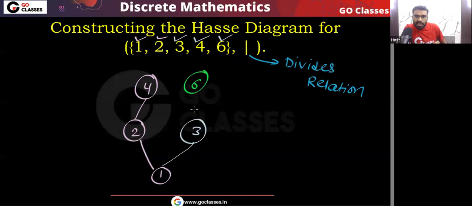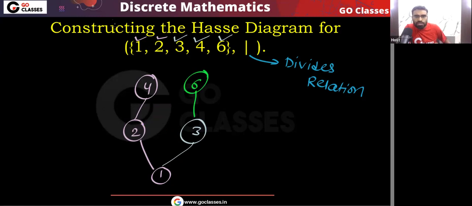You can see that 6 I will put here. 3 divides 6. Do I have to put this edge? Is it necessary? Yes, this is necessary because this is not transitive. See, if I don't put this edge,